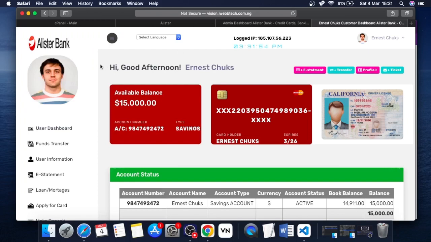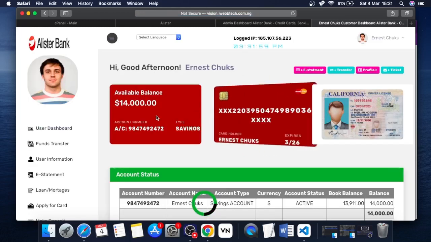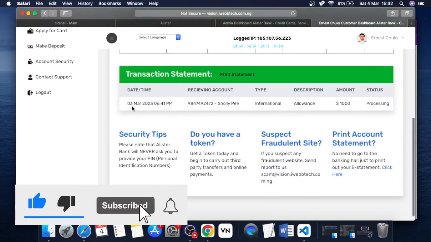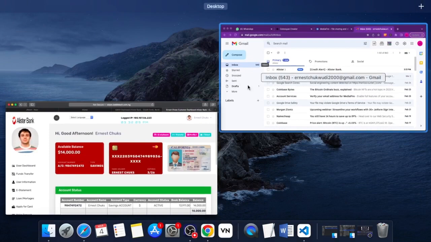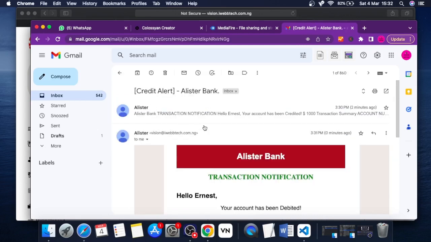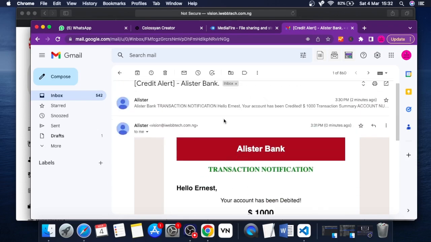So if I go over to the user dashboard and I reload this page, you can see the available balance has been updated, and then $1,000 subtracted. Okay, if I go back to my Chrome browser right here, you can see I have a credit alert. Okay, this is the same thread, and you can see I have two emails right here. So if I open it, the first one is going to be the credit alert, and then the second one right here,